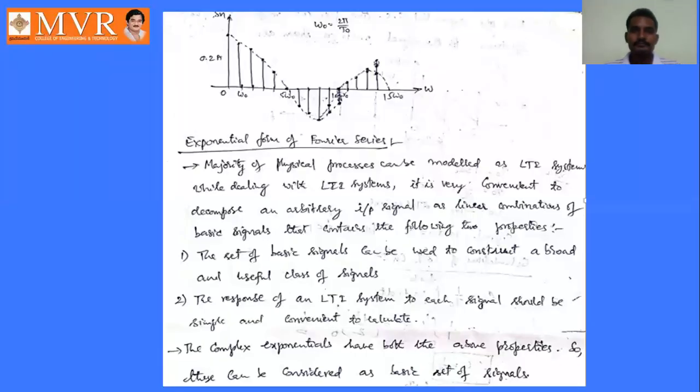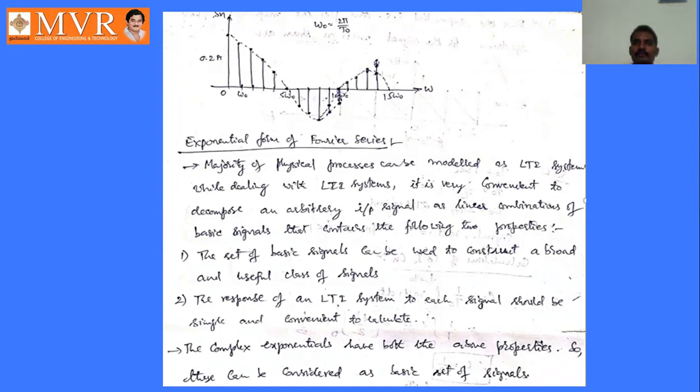Good morning. In the last classes, we discussed the trigonometric form of Fourier series and some problems related to it. What we did there was find the Fourier coefficients, that is A0, An, Bn,